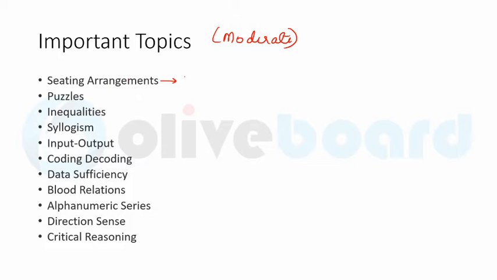Now out of these seating arrangements, the questions can be based on circular arrangement, right? Can be linear arrangement, can be 2 rows, right? Can be unknown as well, but it's a less probability. But yes, there can be two unknown also. Then there can be stack or building, right? So these are some of the arrangement based questions which you might get. So please prepare it well. Yes, there may be an introduction of one variable again. So one variable can be introduced, but not more than that, because the level will not be that difficult.